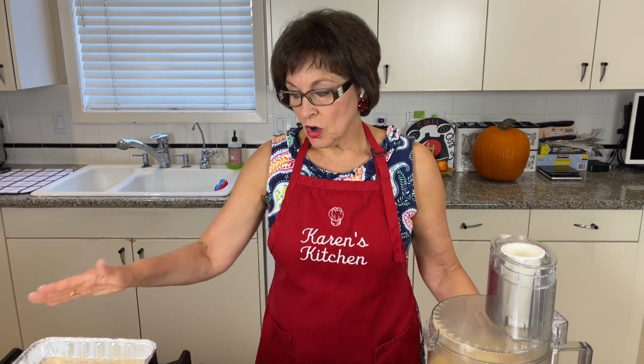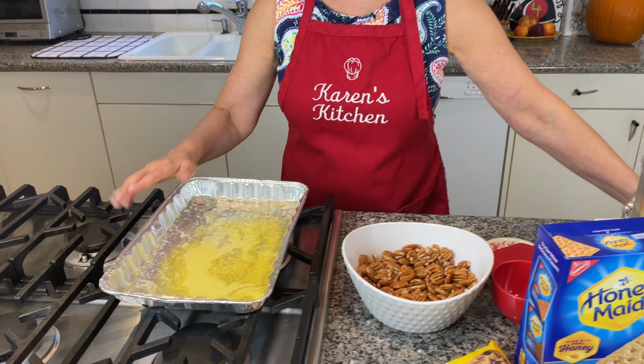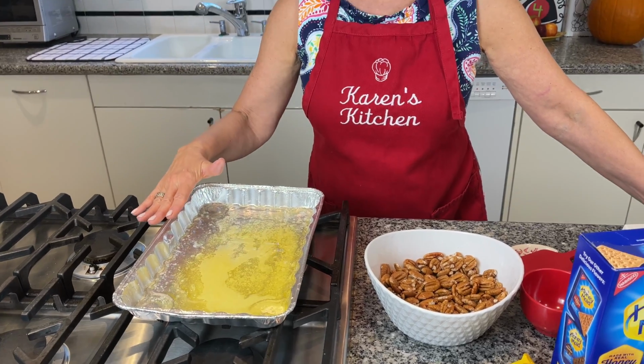Today we're going to be making traditional Hello Dollies. They're a bar cookie, they're very easy to make, and they are a crowd pleaser. So let's get started. I started off with a stick of butter that I already melted in my foil pan,